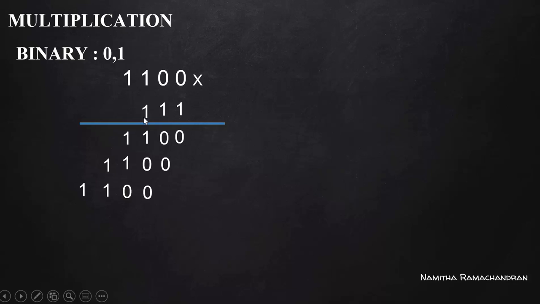Now we have no bits remaining in the multiplier. These are the three partial products obtained by multiplying using three different bits of the multiplier. Now we can add these partial products together. Write down 0, 0 and 0. 0 plus 0 means 0 itself. Next, 1 plus 0 plus 0